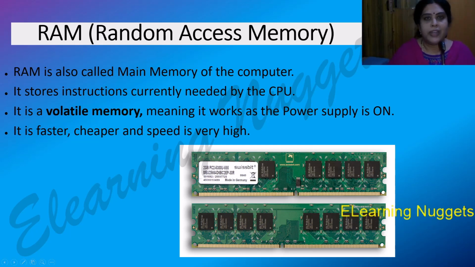Let us look at RAM. RAM is your random access memory. It is also known as main memory, and it is also called primary memory. It's a volatile memory and it takes instructions continuously to the CPU and back from the CPU to the memory. So it is the main memory, so it is very fast. The access time has to be very fast and it has to store the data, and once the data is taken from the CPU to the memory, after processing, it will be sent to the output.